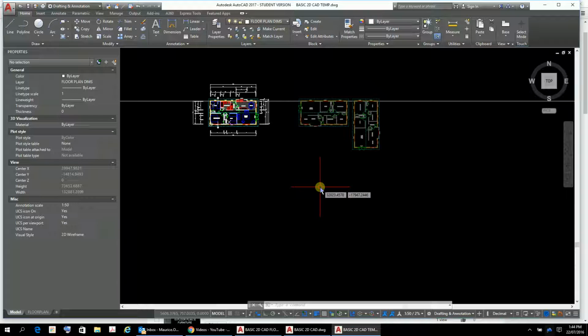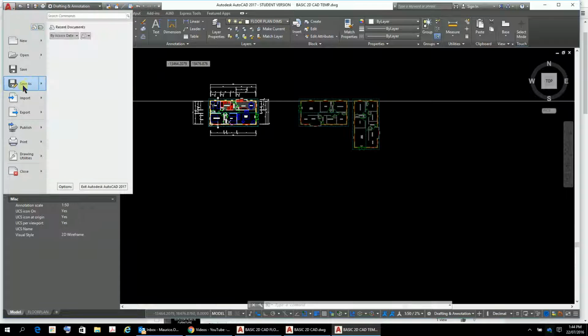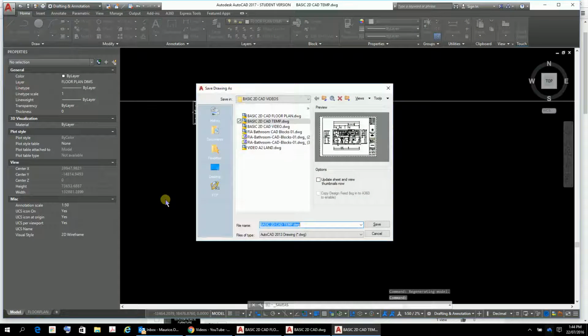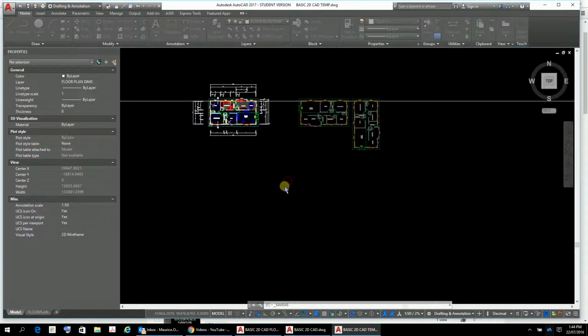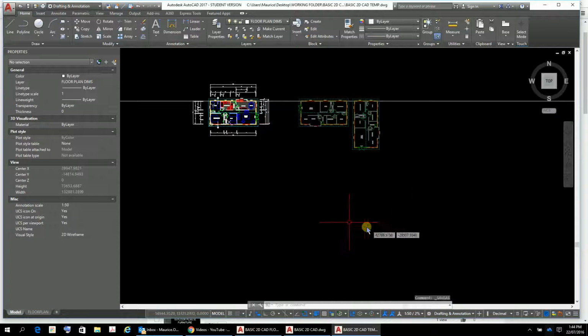So I'm going to stop there with this one, just save that, file, save as, just make sure we're saving that as our ongoing plan, remembering our floor plan is the one we're leaving behind. So I'm just going to save that, and yes, okay,